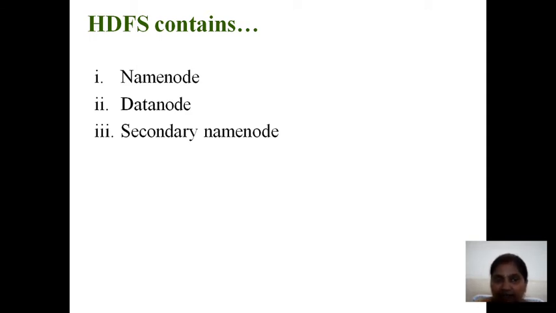As it is metadata which contains all data information, meaning the user data, location of the splits, paths, all data will be erased. So to overcome that problem, they are going to use a new node called the secondary name node. Secondary name node is nothing but a Xerox copy of the name node, but not the original. Whenever there is any problem with the name node, the secondary name node will automatically come up and take care of all the transactions.